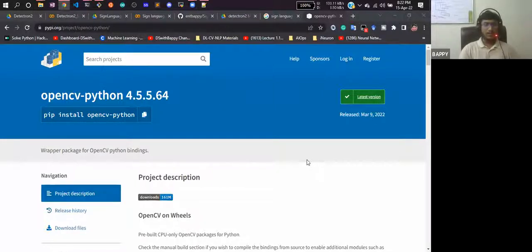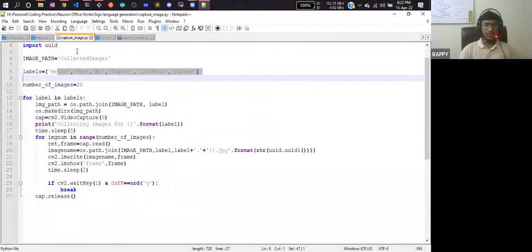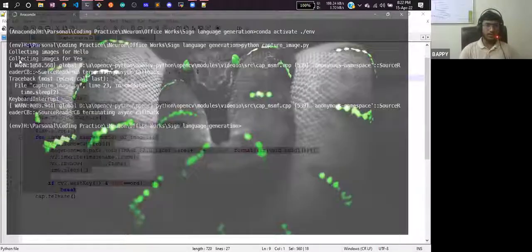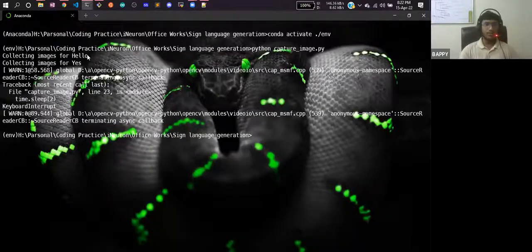Yeah, I'll be discussing. So first of all, I hope you got the idea of how to collect the images. There is a script called captureimages.py. If you run that script, it will open up your camera and it will ask for the pose. Suppose, I think you have seen, it was telling collecting images for hello. So once you see it telling collecting images for hello, you need to pose like that, hello. And once hello is done,